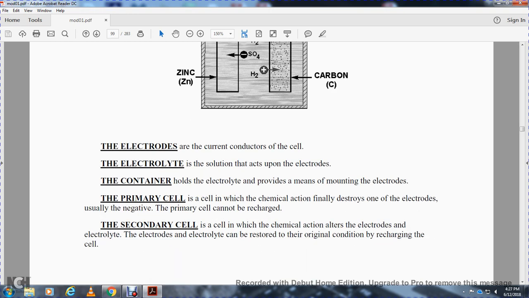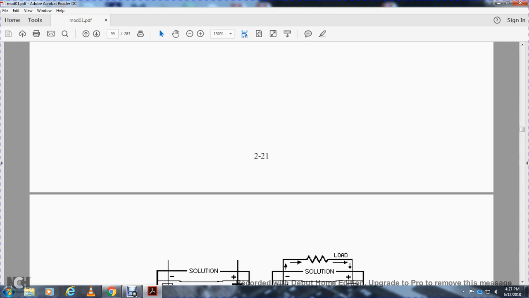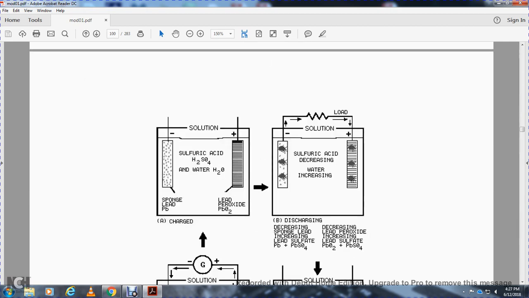A secondary cell is a cell in which the chemical action alters the electrodes and electrolyte, and the electrodes and electrolyte can be restored to the original condition by recharging the cell. Also, this shows the solution of sulfuric acid, H2O, and hydrogen sulfide, sponge lead, and lead peroxide. On discharging, sulfuric acid decreases, water increases, and load moves from the negative to the positive